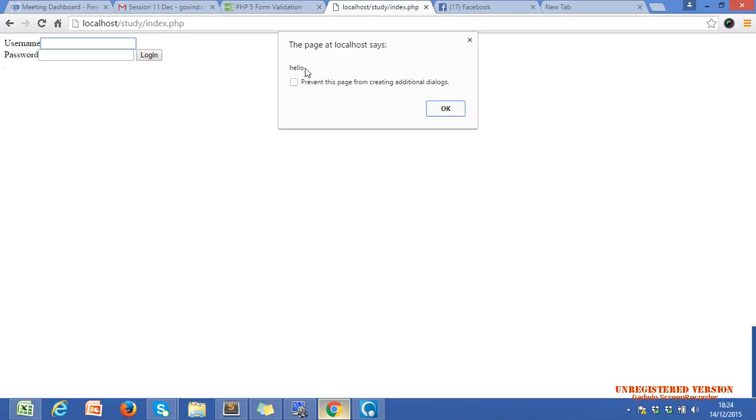Why did I get the hello message? Because whenever I press anything, my key press event will fire, and in that event I'm calling a JavaScript function. In my function I use an alert box with the hello string. If I press D, and again press anything, this message will show again.